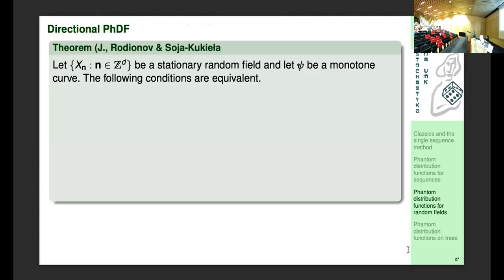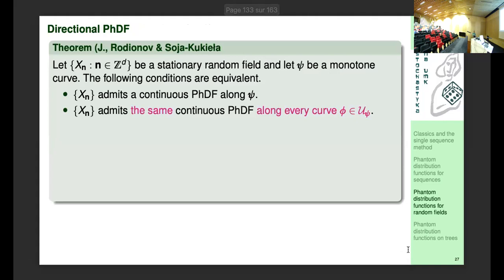And we can define the directional phantom distribution function, and it admits a continuous function along some curve. Then it is equivalent. It implies much more, that it admits the same continuous phantom distribution function along every curve from